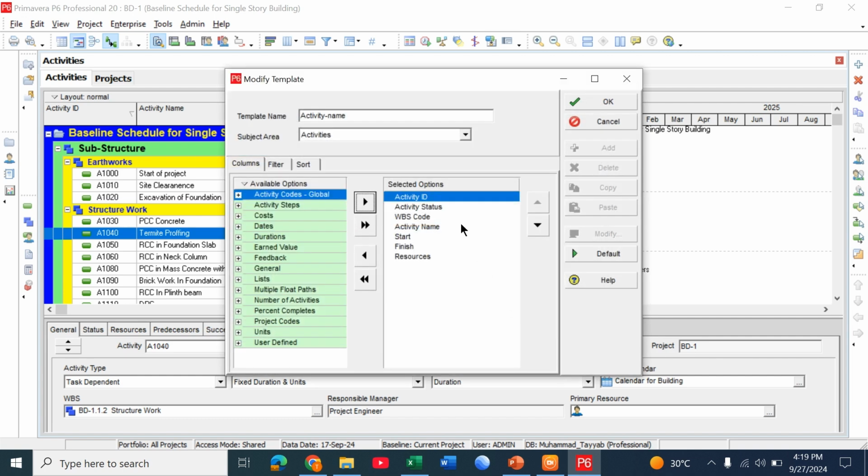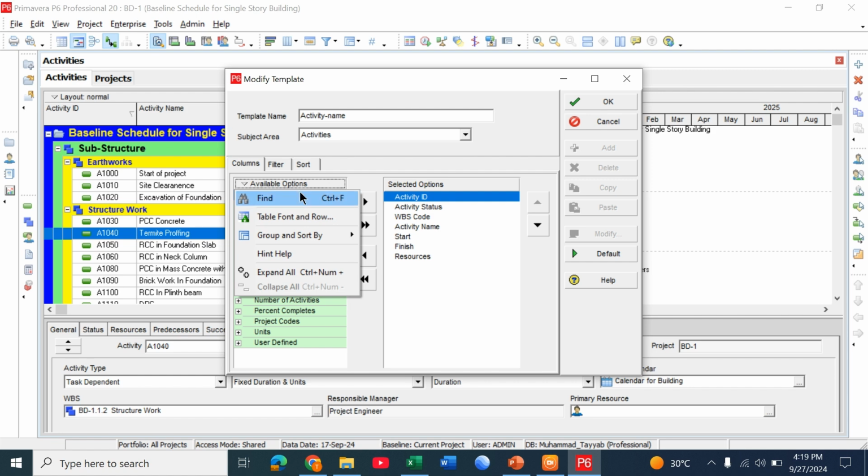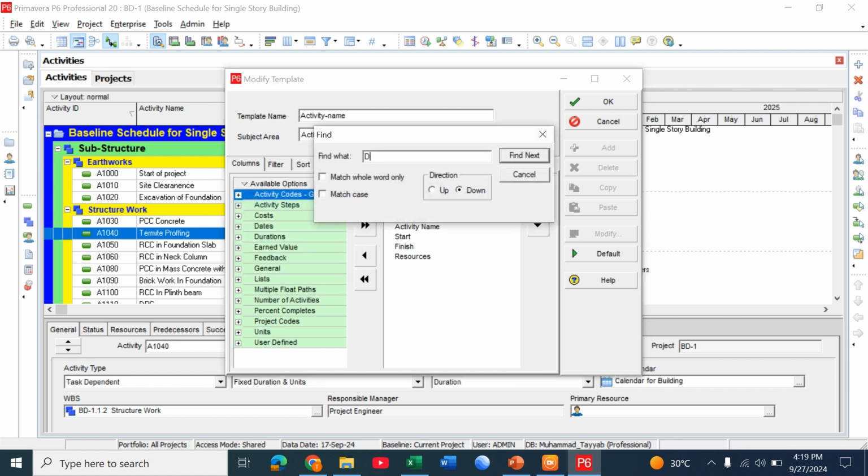Check whether original duration is added or not. In this the duration has not been added, so we add the duration column by going to the find option and clicking duration,